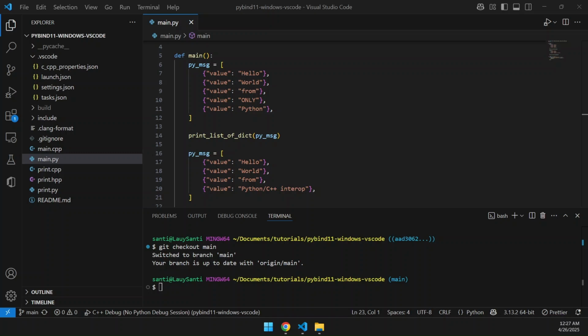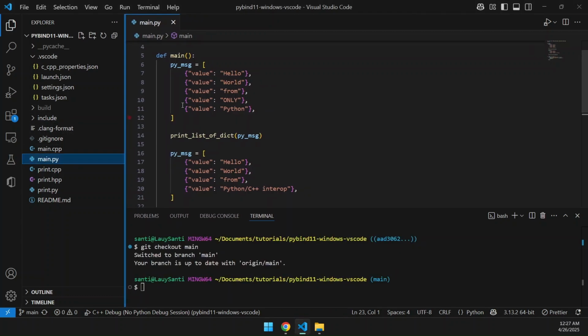Hi, in this video we're going to go over how to configure Python to call C++ code via the library pybind11. This is a powerful software architecture tool because it will allow you to perform high performance computing in Python, which as an interpreted language is sometimes slower, so you'll be able to call highly performant C++ code,